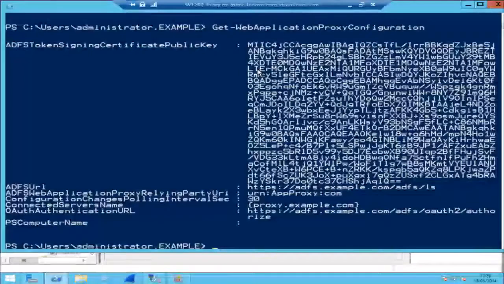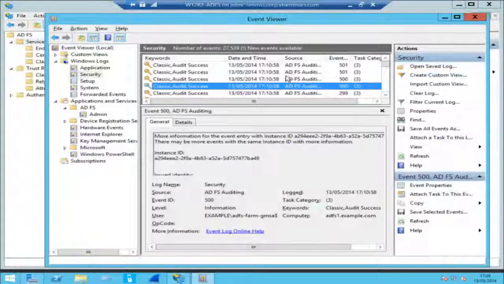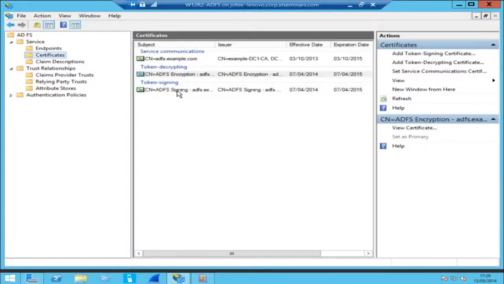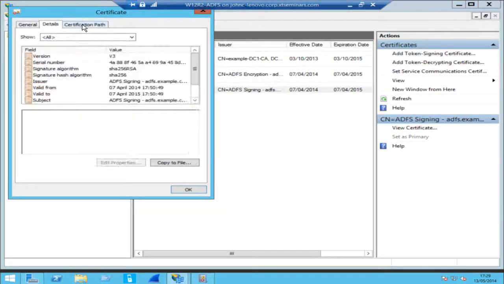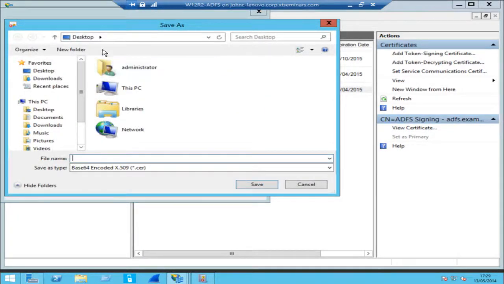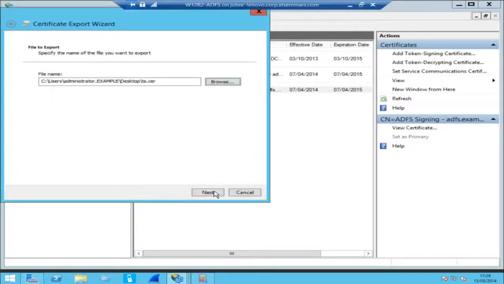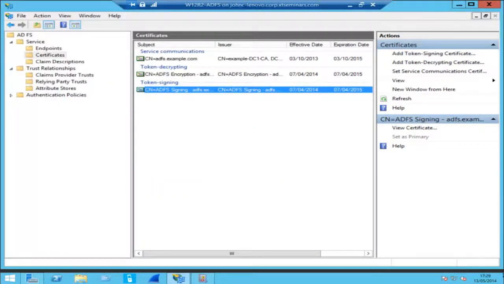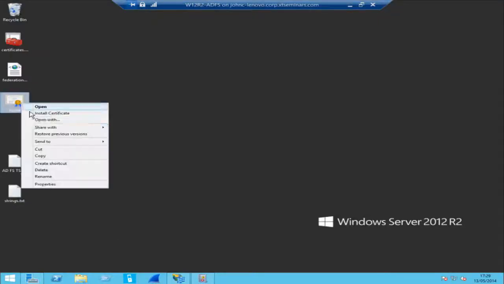So who signed this? It's the ADFS server that signed it. So the ADFS server, if we go over there, it actually signed it here with the token signing key. So if we look at this, how do we see the public key? Well, not easily is the answer, but what we can do is copy this lot to a file, and I'm just going to put it on my desktop, which is fine, and we'll just call it TS for token signing. Save that. Next on there, finish, and let's just go to the desktop,